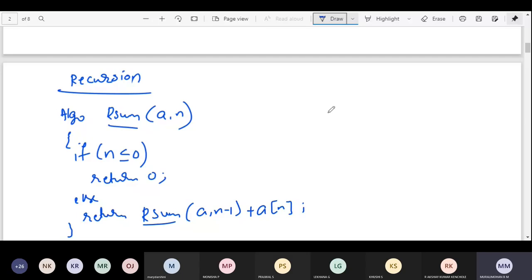Because it has to store the formal parameters, actual parameters, and the return address, so it can perform jumping operations. So it has to store parameters, local variables, return address.